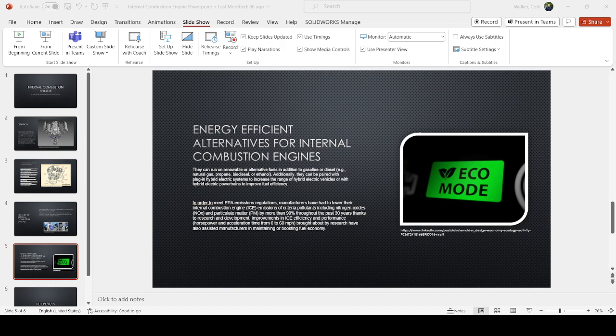Looking forward, the energy efficient alternatives. Most internal combustion engines run on gasoline or diesel, but there are things like natural gas, propane, biodiesel, and ethanol that can be put into these engines for them to run off of also. They do have to be made for these different fuels, but they can be run on it, and they can be paired with plug-in hybrid vehicles. So a good example of that is a Toyota Prius. Yes, you go to the gas pump and fill it up, but at the same time, you can come home and plug it in, and you get double the fuel economy out of it,